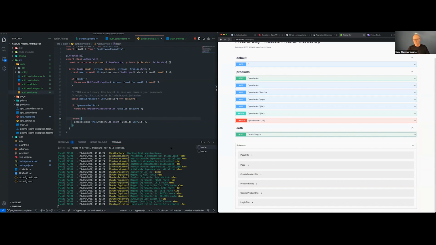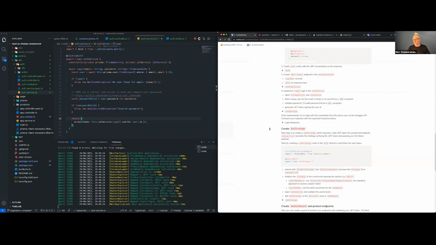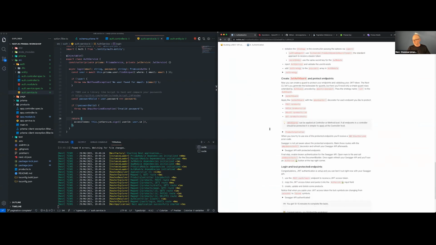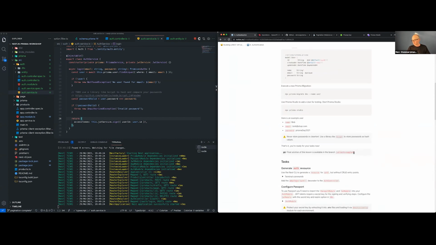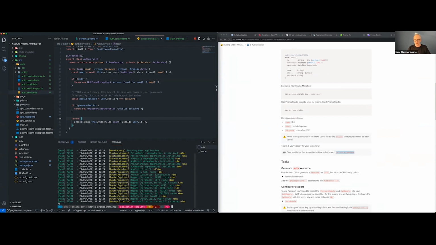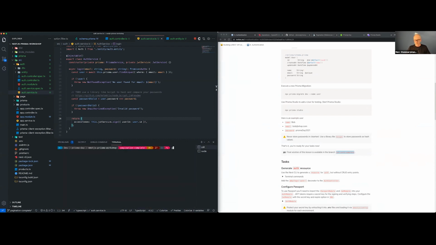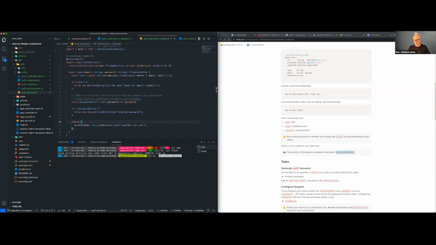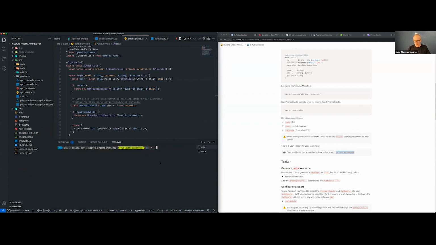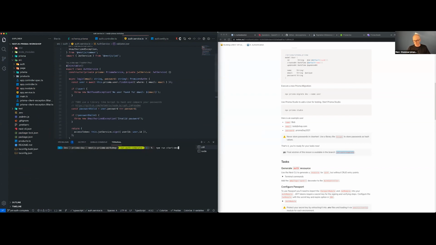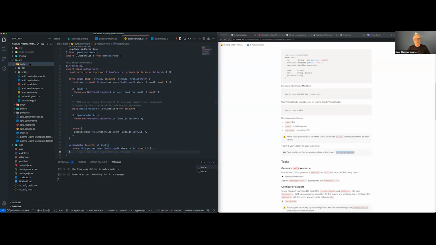I'm just looking at the time, so I think it might be better for me to unfortunately skip the last part and just change to the finished solution, and then I can just talk about it. Git stash, and then I will just change with git checkout. And I just want to show you on the Swagger API what will be different